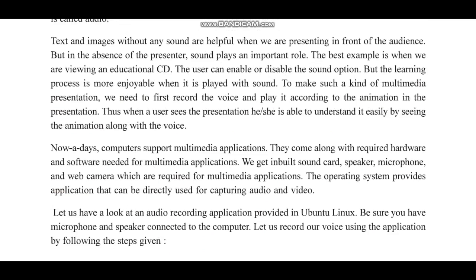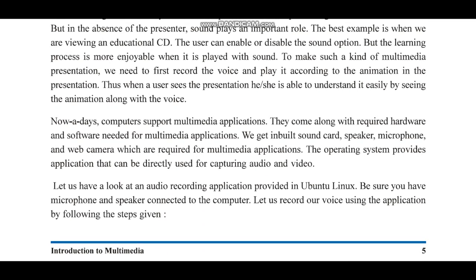Nowadays, computers support multiple applications of multimedia, with hardware and software requirements. Sound card, speaker, microphone and webcam are required for multimedia applications, and these are now inbuilt in smart gadgets as well as in computers and laptops.